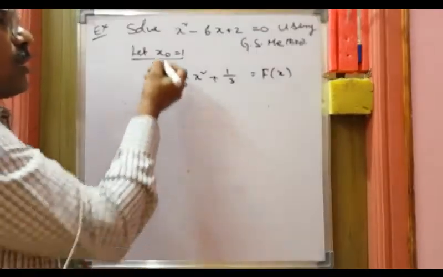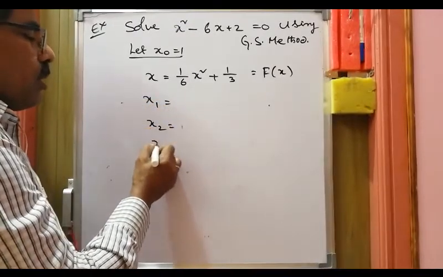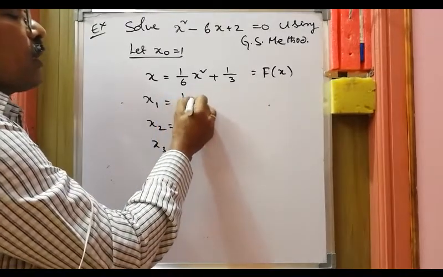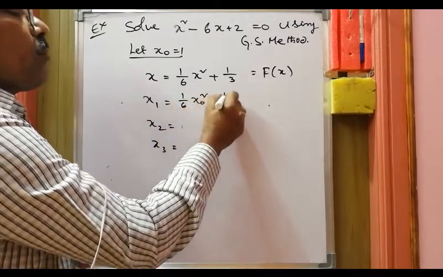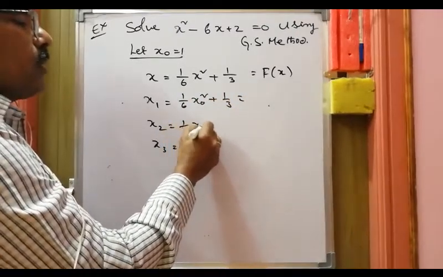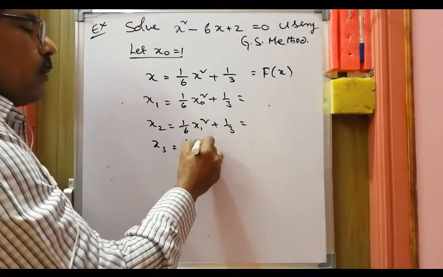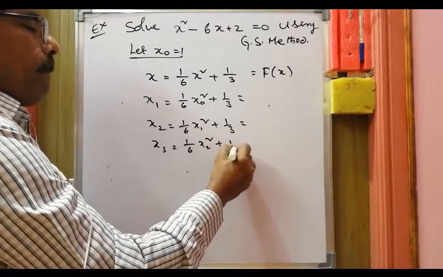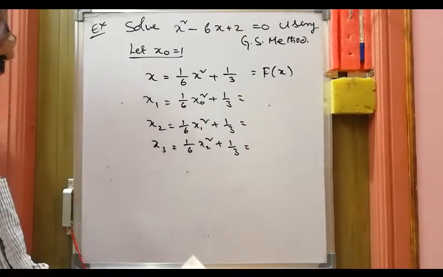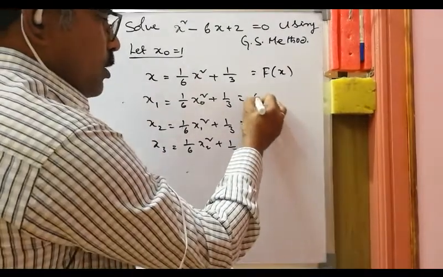Now go with the substitution. So calculate x1, x2, x3 and so on and so forth. What is x1? x1 is 1 by 6 x naught square plus 1 by 3. x2 is 1 by 6 x1 square plus 1 by 3 and so on and so forth. So the values, for your sake I will be giving. This is 0.5,